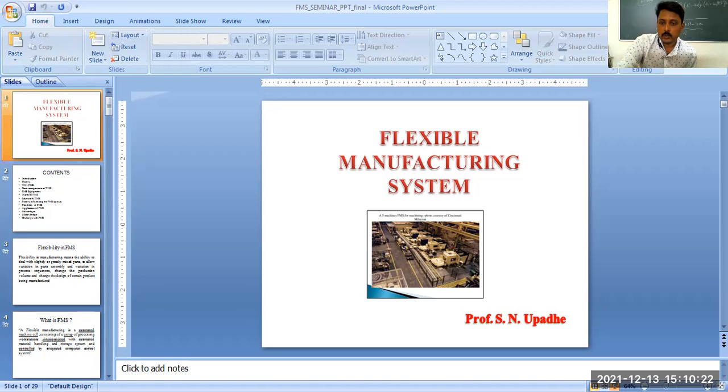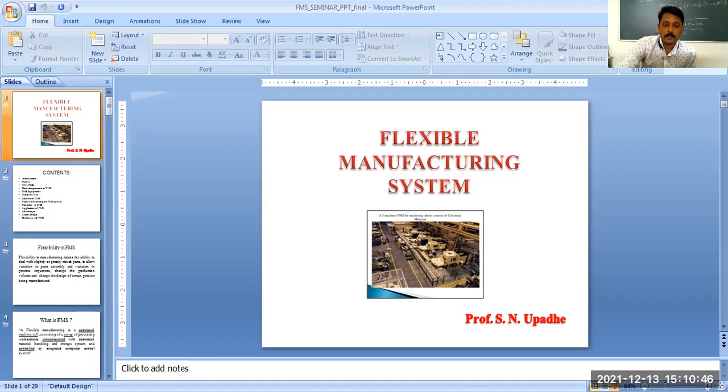There is a temporary storage area. Suppose in some cases the first operation is happening here, second is here, third is here. Again, we want to have that operation number 4, but it is on the CNC number 1. So how is the semi-finished material going to be provided to the CNC machine?